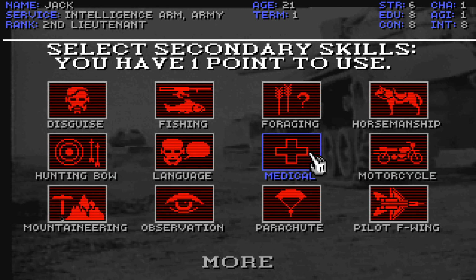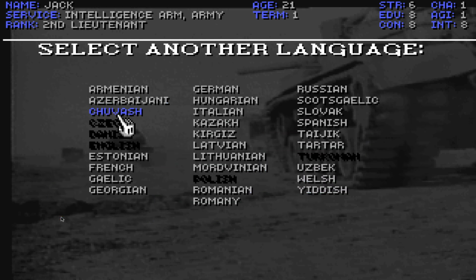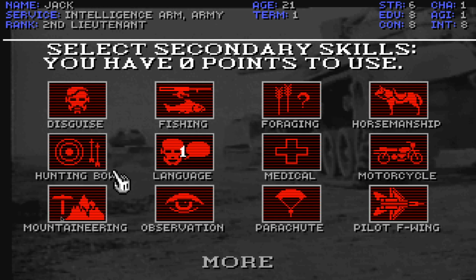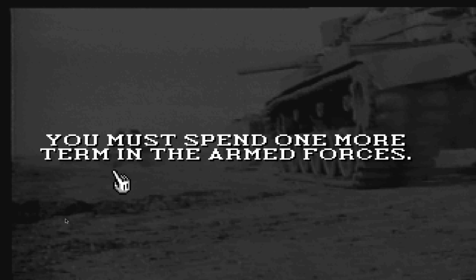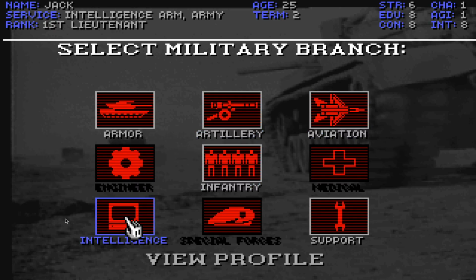Now, for your officer skills, basically what you want to do here is pump languages every single chance you get. And you do want to have some redundancy because you never know which one you might need. Wow! Okay then, so...